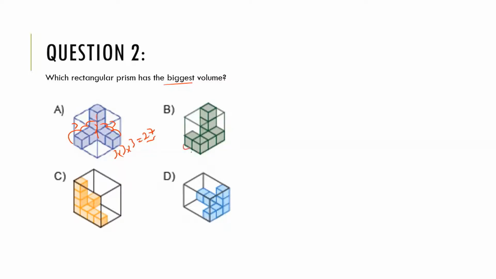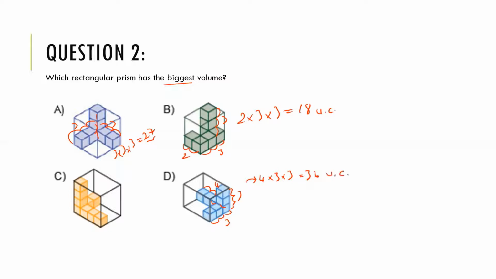Here the length is 2, the width is 3, and the height is 1, 2, 3. So we should multiply 2 multiplied by 3 multiplied by 3. It is 18 unit cubes. Here 1, 2, 3. The height is 3 and the length is 1, 2, 3, 4. So we multiply 4 and 3 and 3. It is equal to